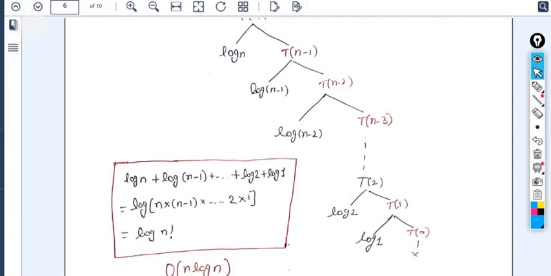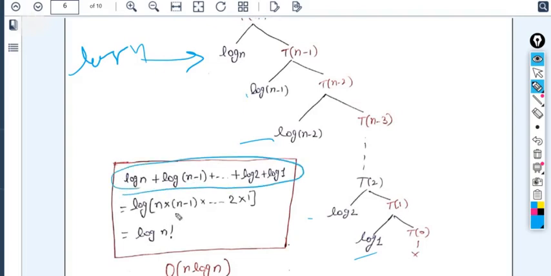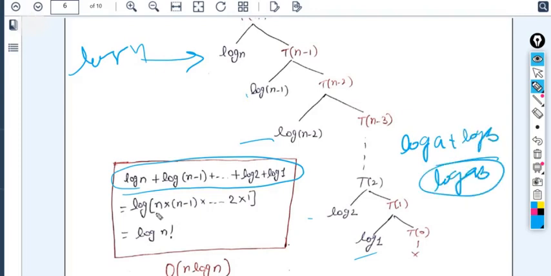Log n, for this particular level you need log n time, then log (n minus 1), log (n minus 2), up to log 2, log 1 time. So we have just added all these things, and you know very well the logarithmic formula, log a plus log b, you can write it as log ab, right? So we have written log a plus log b and so on, whatever is there, combined into one log, and written n into (n minus 1), a b c d, whatever is there, combinedly here. If there is also log c, then you will write log abc. So any number of logs can be combined like this.